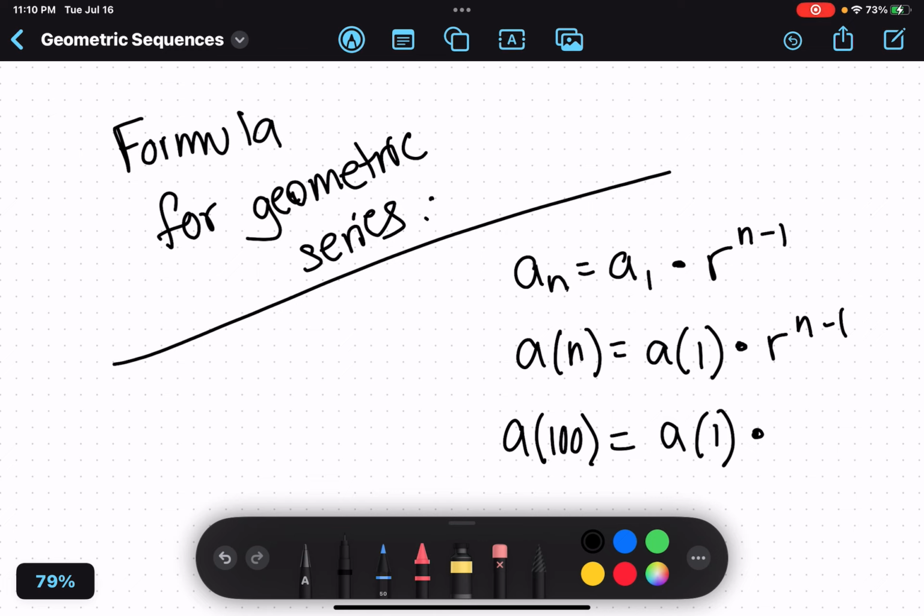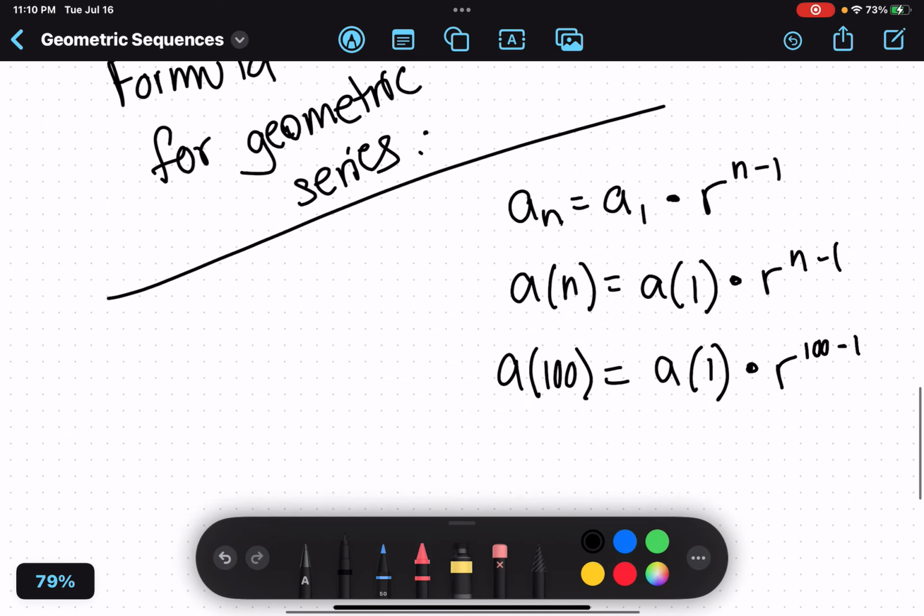Yeah, I know it's confusing, a lot of variables, a lot of letters, but if you know the logistics behind it, then you're not going to have much of a problem with what the letter is. You'll know the formula and how it works, and you'll be able to solve it from there. And you multiply it by a certain rate, and that rate is raised to the power of 100 minus 1. Because, as I had illustrated in the arithmetic series video,